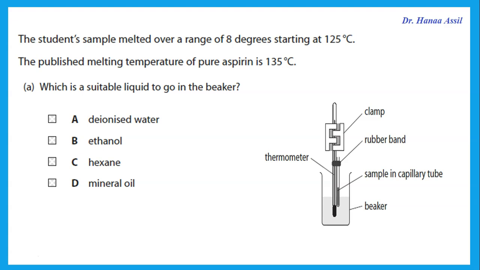Now we want a liquid in the beaker that will be heated until the solid melts, and we're told that the melting temperature is around 125 or 135, and that means I need something with a higher boiling point. I cannot use water. Water has a boiling point of 100. It will never reach above 100. Ethanol is even lower, hexane is lower, and the only substance that I can use in the beaker would be